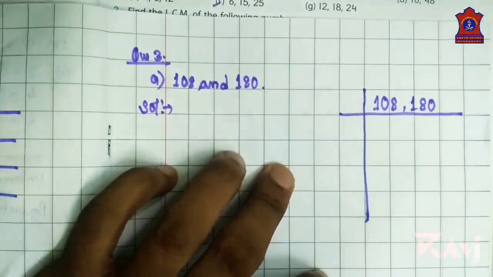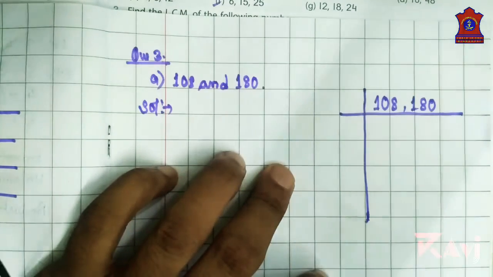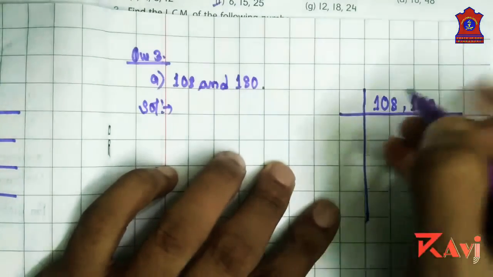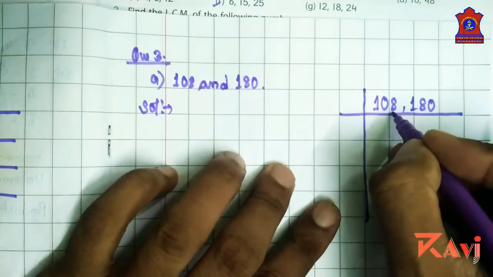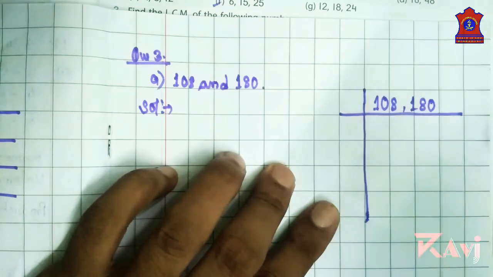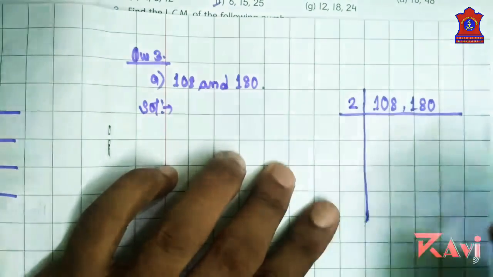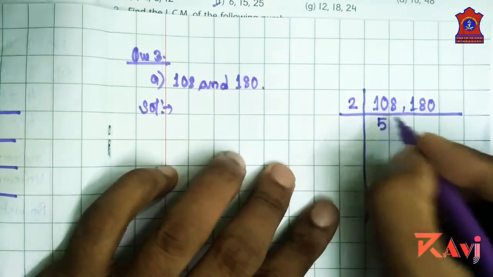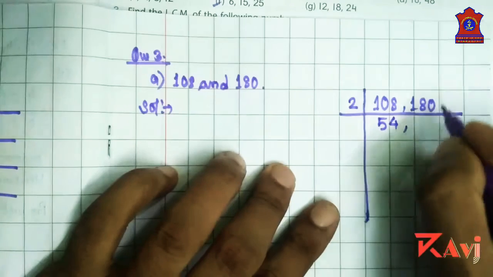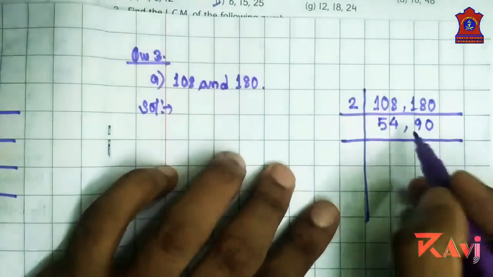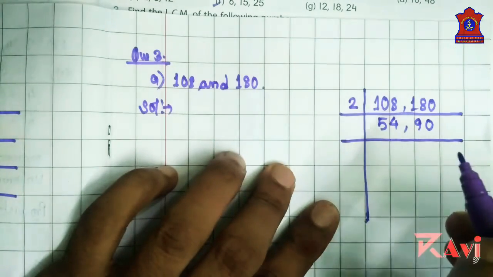To check it, you need to know the divisibility of each number. In the previous classes, you have learned about the divisibility test of numbers. Okay, so we are going to start as we are seeing that the digit at ones place is what? Even number. Even number, so it is divisible by 2. So 2 into what makes 10? 2 5s are 10, 2 4s are 8, 2 9s are 18, 2 zeros are 0. Okay, watch it carefully. If you have any doubt, you will be asking.